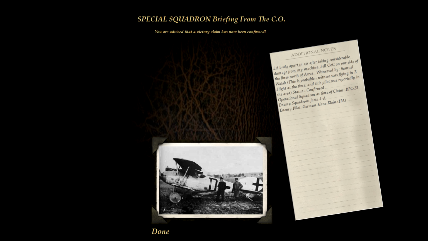EA broke apart in air after taking considerable damage from my machine, fell out of control on our side of the lines north of Arras,